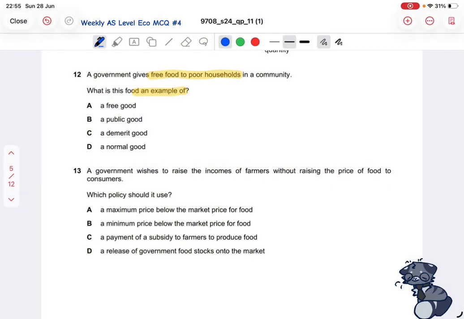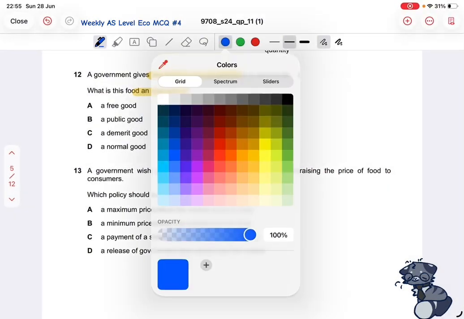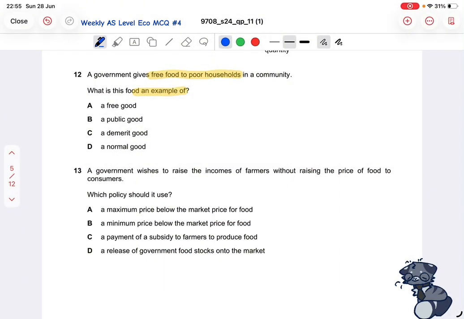Let's just look at the options first. Now the first one says that this is an example of a free good. Well, the government gives free food, so it's free, so therefore it must be a free good. No, that's not how it works. Because the definition of a free good in economic terms is that to produce this good, there is no opportunity